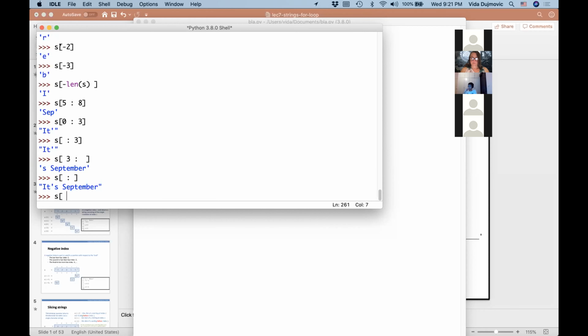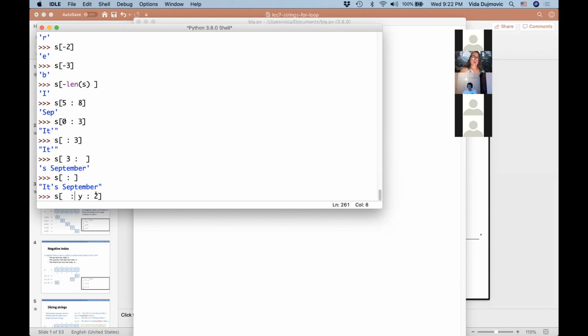Okay, so we are asking for three numbers. Remember, if I had some number x here and number y, this means start at index x, go up to index y, and now there is this magical second number. What this means is the skip, meaning give me every second number. So this means start at position x, go all the way up to position y, and return every second character. So not every character. This 2 is a jump that you are making.